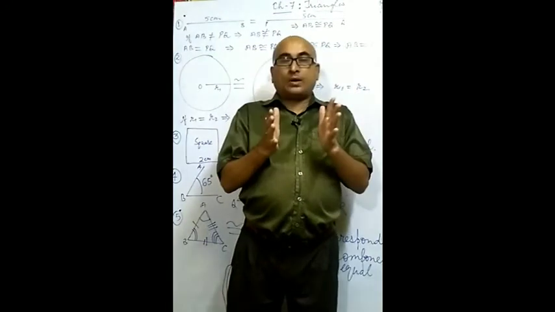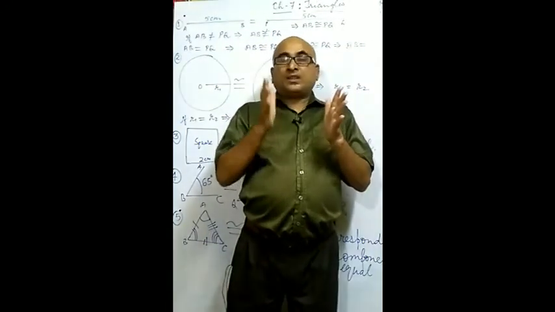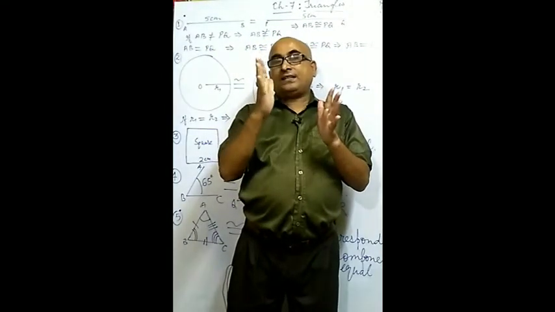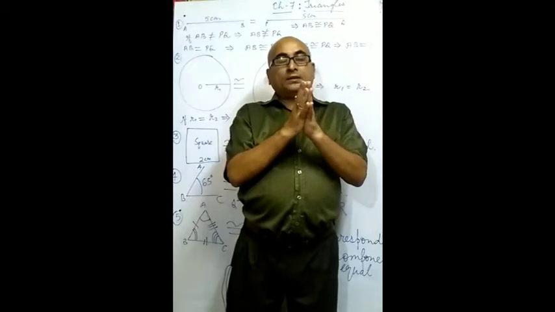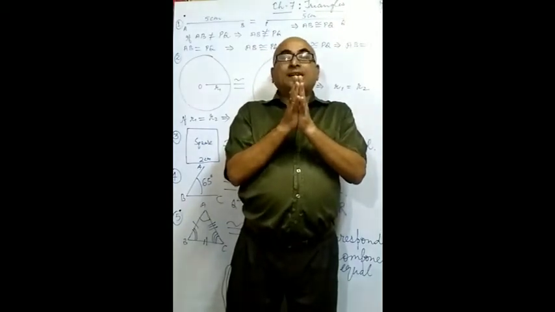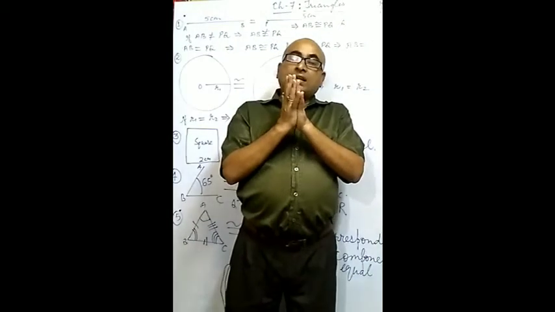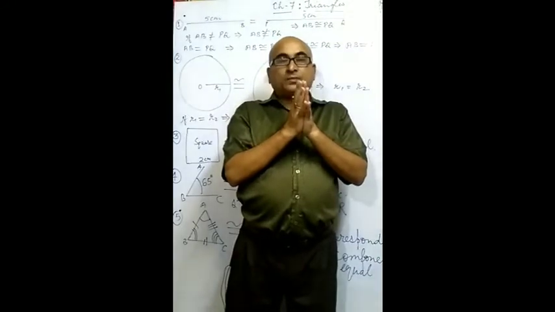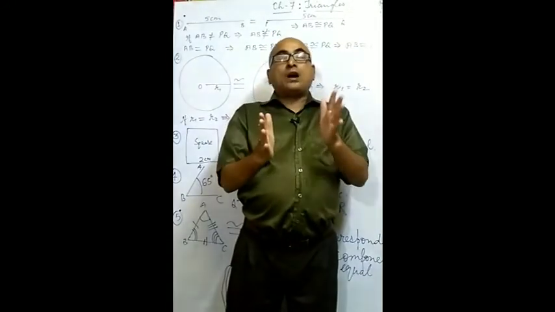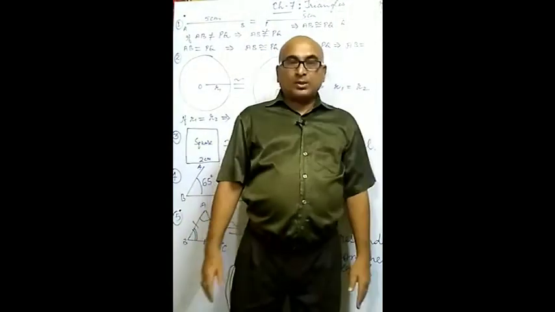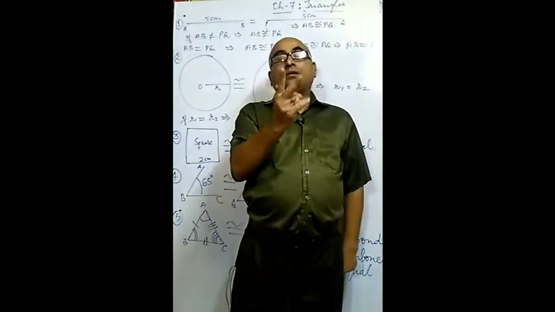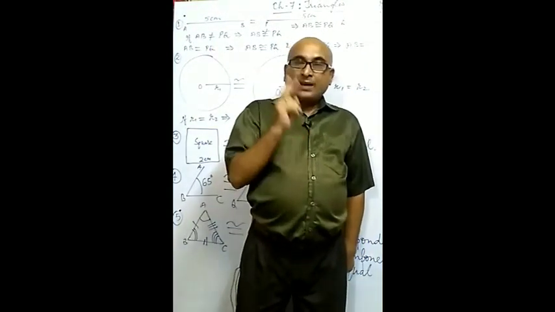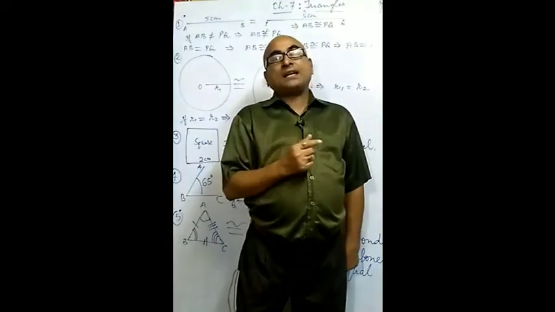If the person is normal, the shape and size of this palm will be the same as the shape and size of this palm. By combining them, everything coincides: fingers coincide with fingers and palm coincides with palm. In this way, this palm is congruent to this palm. It means two figures are called congruent figures if and only if both have the same shape and size.